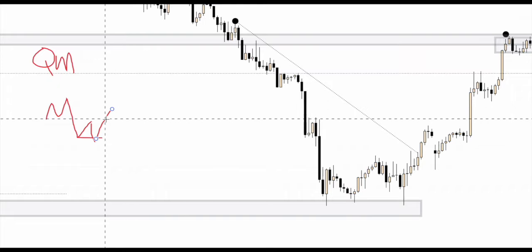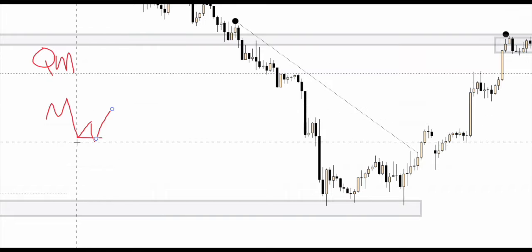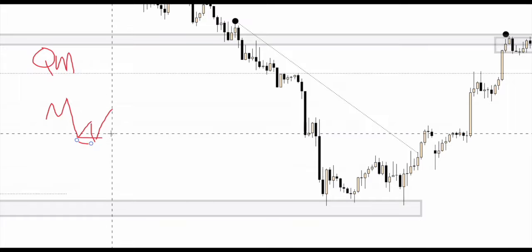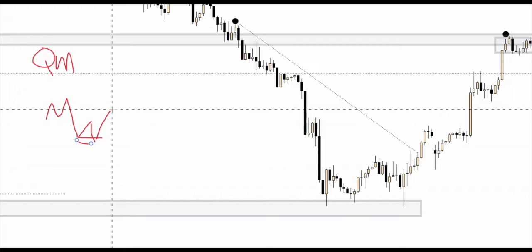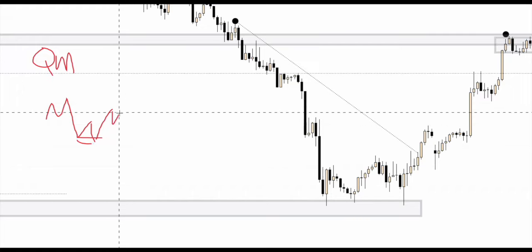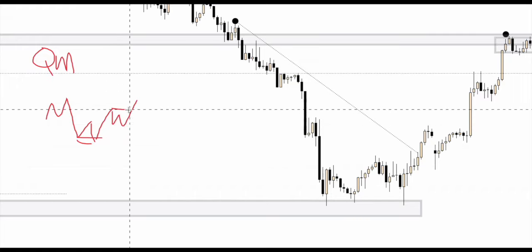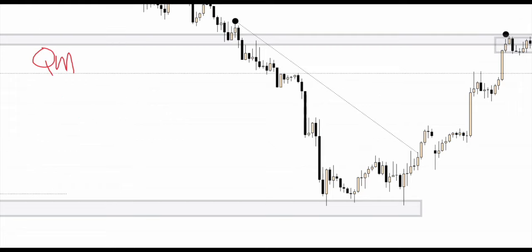Where is price determined to go now? Was this an impulse? Was this a mitigation? If it was a mitigation, then okay, we have our range. Strong low, weak high. This high is weak. All we need is a retest, liquidity grab, continue. That's a target. Of course, easier said than done, but again, anything repeated enough times will become second